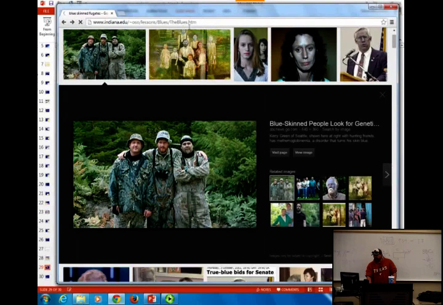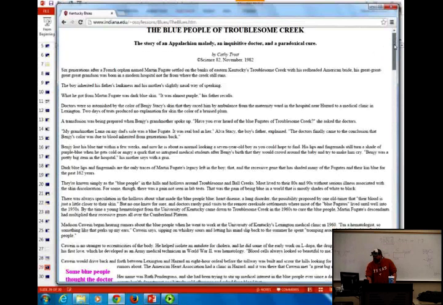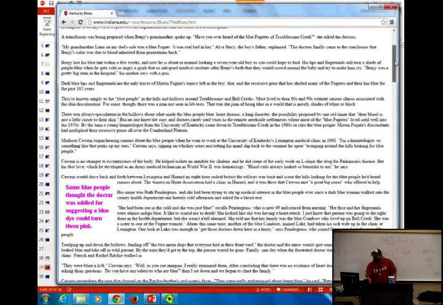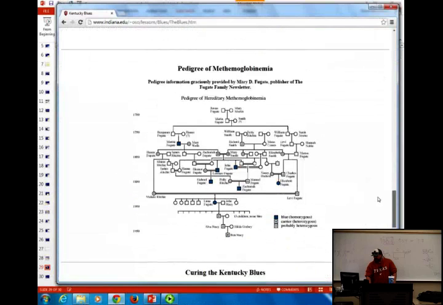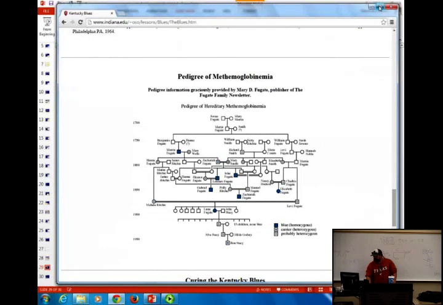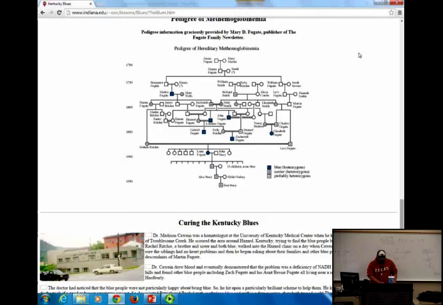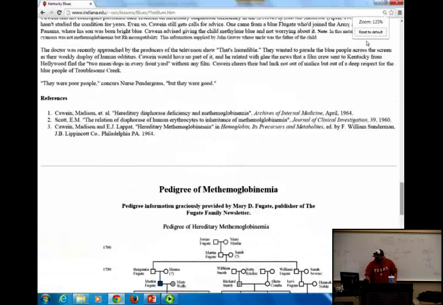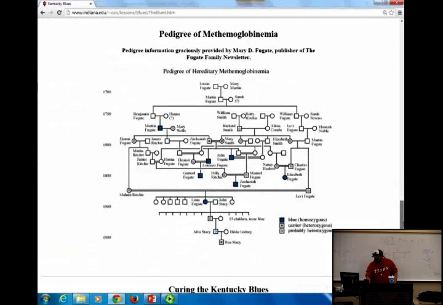So this website has the pedigree for the Fugates on it, and it gives a history of it, so you guys can read this if you want. Here is their pedigree. So what's going on here?